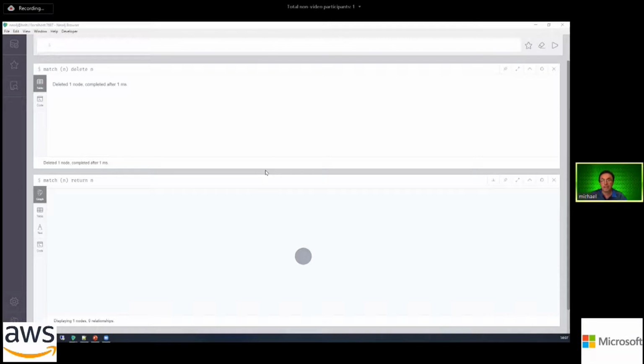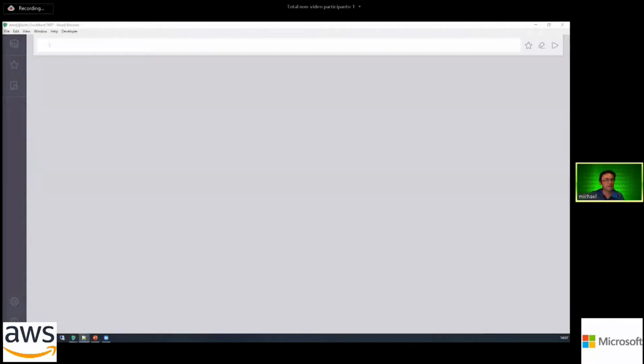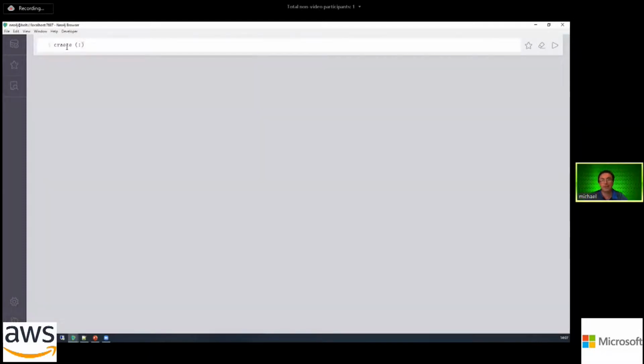All right, so we've now gone and created our node. I'm just going to do a little bit of housekeeping here, and we're going to create a slightly more useful node. We're going to give it a label. I want to create this node and give it that label, and we simply do that with the colon. Then we say, what kind of node is this? We're going to create a person node, and we're going to give it that alias, so I can refer to it again. And then